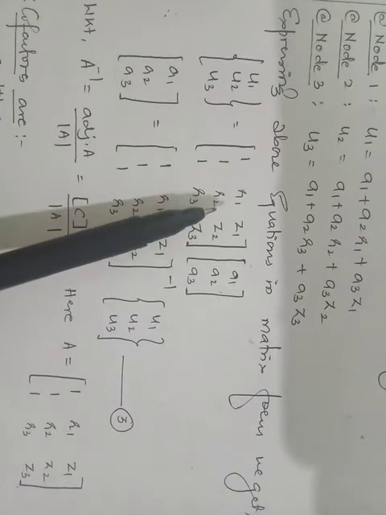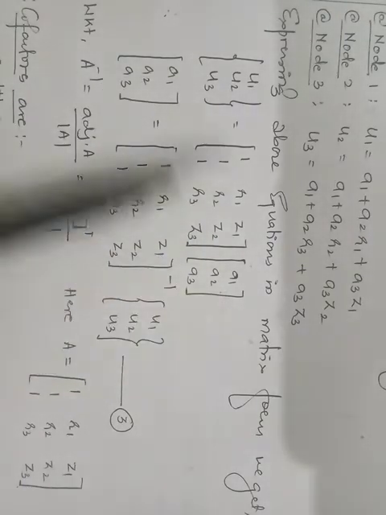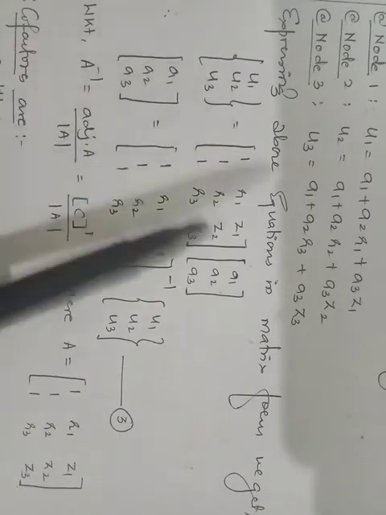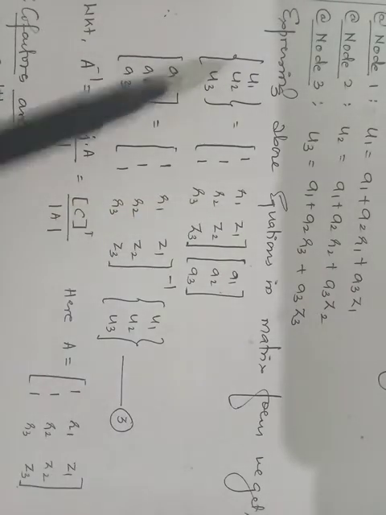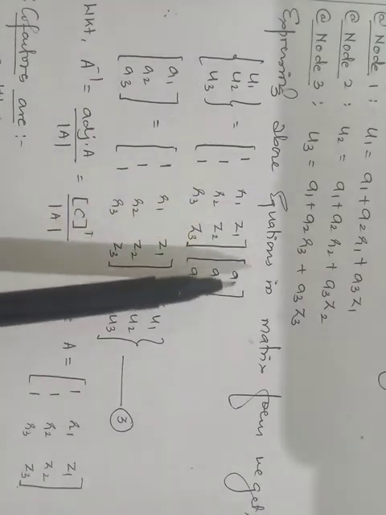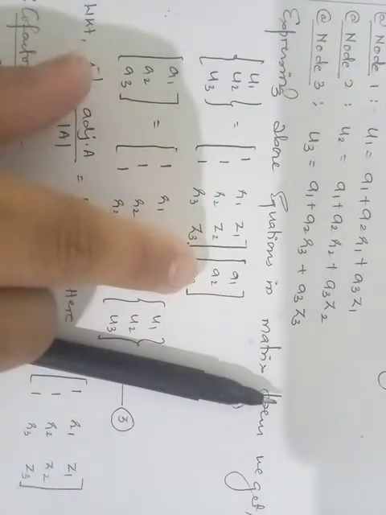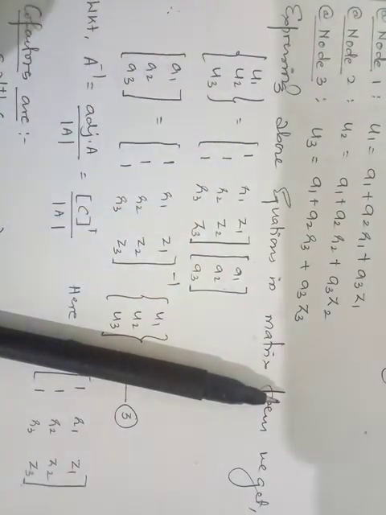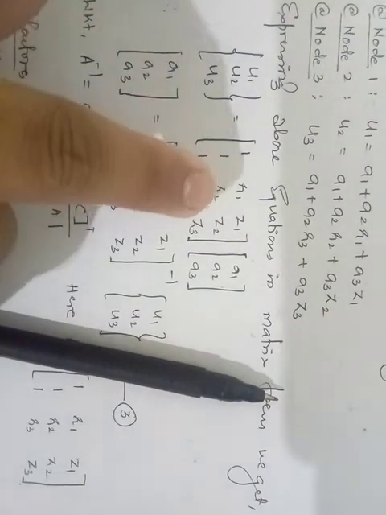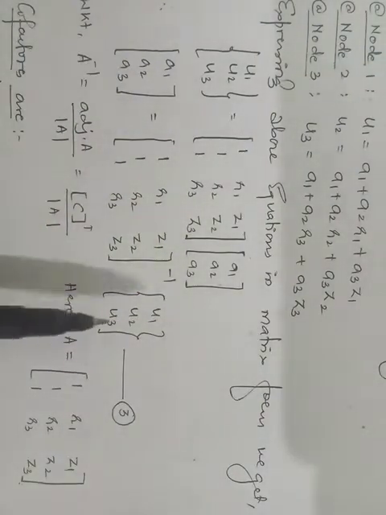But we are interested in the constant part, a1, a2, a3. So you take it onto the left side. If you are shifting this particular matrix to the other side, it becomes inverse. If you are keeping it on the right side, it will be the normal matrix. Because I am in need of a1, a2, a3, if you shift this matrix onto the left side, it becomes u1, u2, u3 divided by this matrix. So if you take this matrix into the numerator, it becomes inverse. That is how you got the next step.